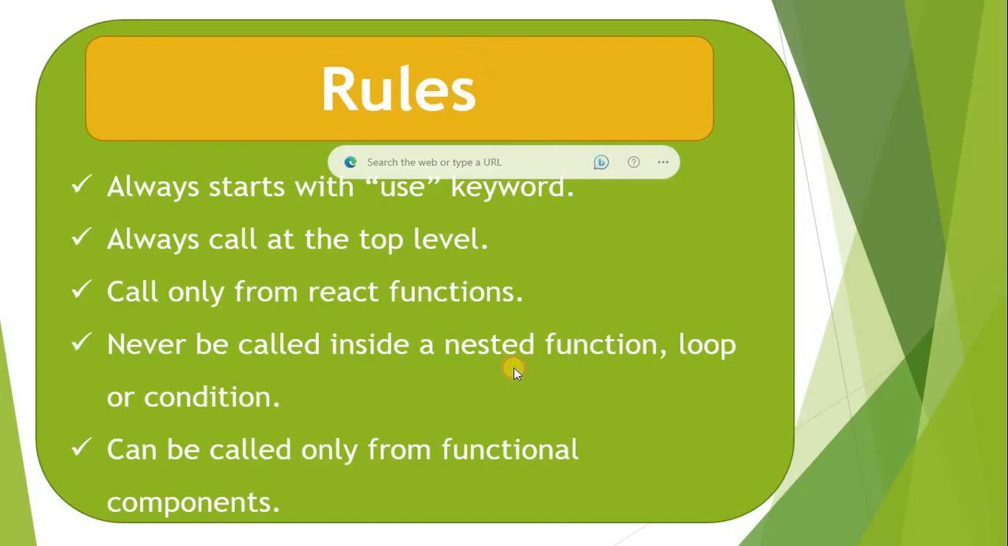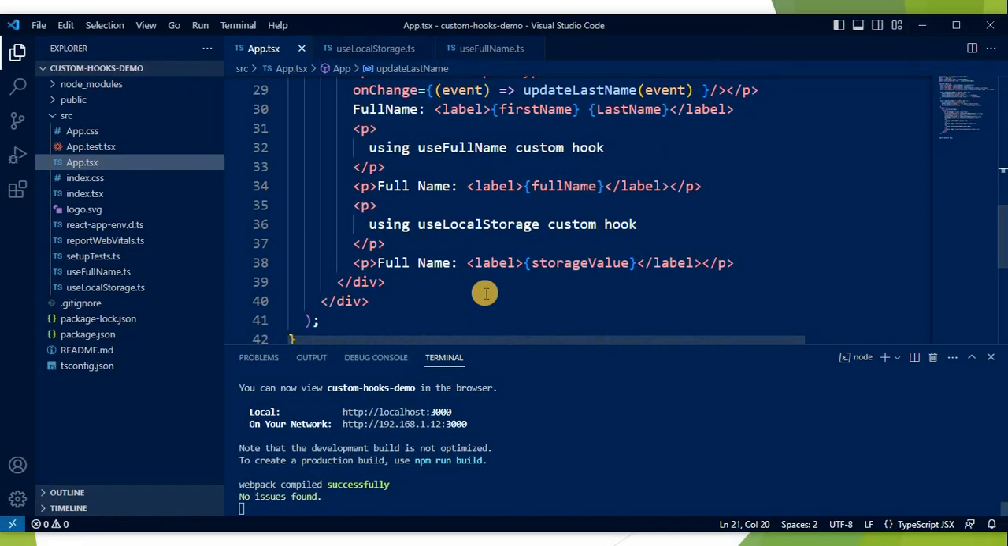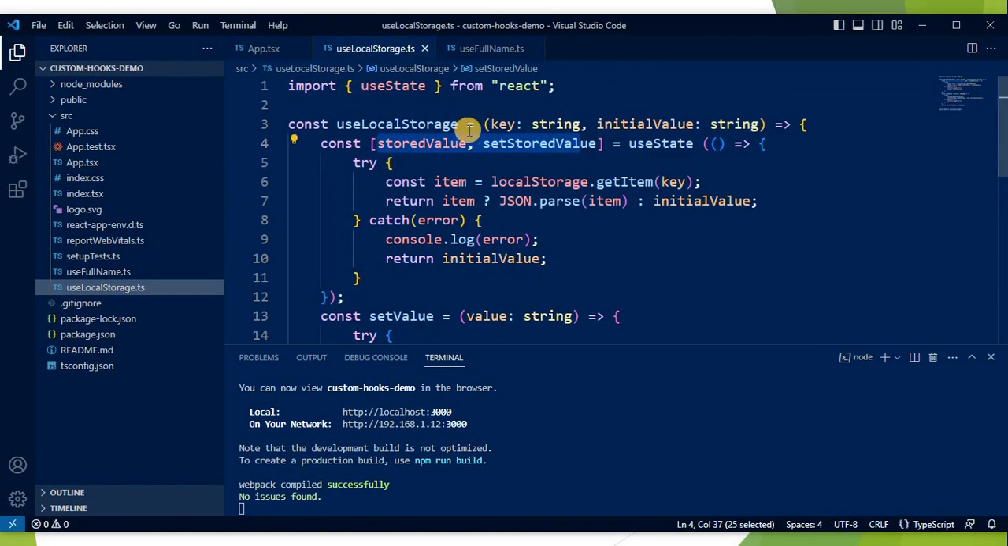Now we will verify. Refresh it, all are blank. Nico, Tom, you will see that all three are updating. useLocalStorage is also updating. Now I will explain it to you. Here I have created one custom hook that starts with the use keyword. That is the first important thing. Here I am passing the